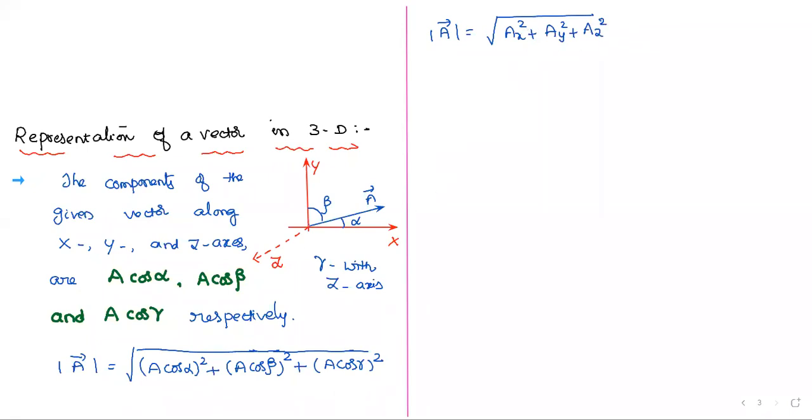So is it clear? Or any doubt here? In three dimensions, how to find the magnitude? Do you have any doubt, Nana, regarding the formula? No doubt. Very good. Root of AX square plus AY square plus AZ square. Okay. And from what I wrote here, this pink color box, and from this box.